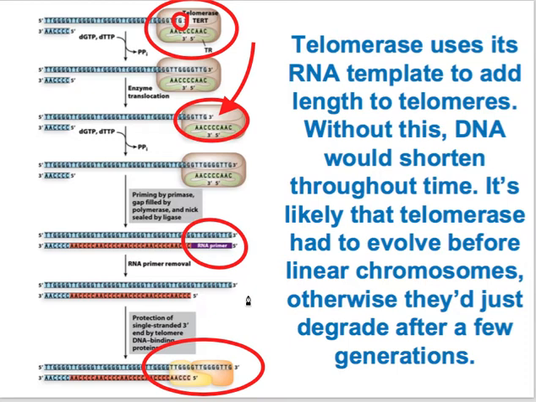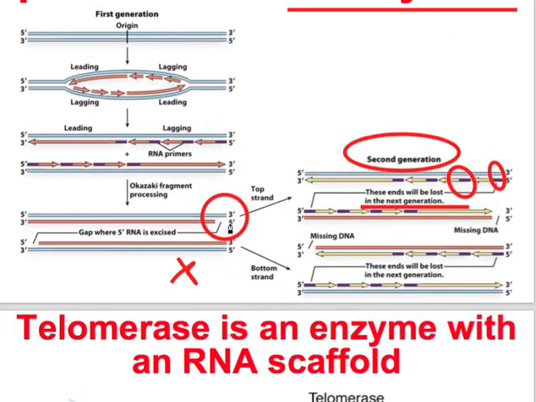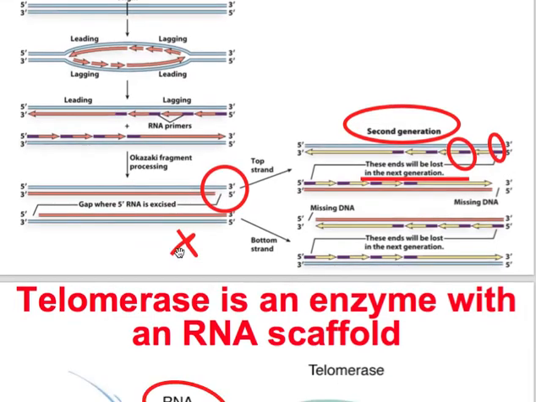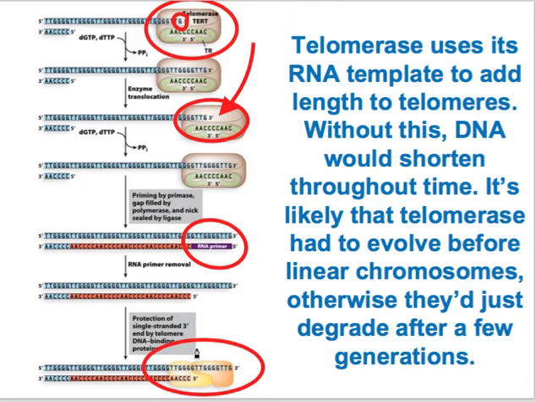Now, we knew something like this had to happen because if you think about it, think about the sex cells, they have to pass down each generation. You could not have been passing down DNA for thousands of years or millions of years like we have been and have little pieces shedding off each generation. That wouldn't last very long. That'd be really bad. So we have this enzyme that makes sure that linear chromosomes had a